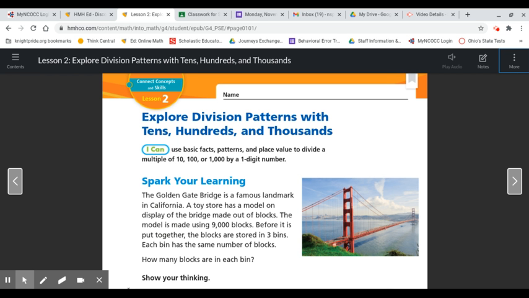When we were learning multiplication, you learned about finding the basic fact to multiply by, and then including the zeros at the end. We're going to be doing the same thing, but with division and using some basic division facts to help us solve more complex division problems. So at the top, here's what we're going to be able to do. I can use basic facts, patterns, and place value to divide a multiple of 10, 100, or 1,000 by a